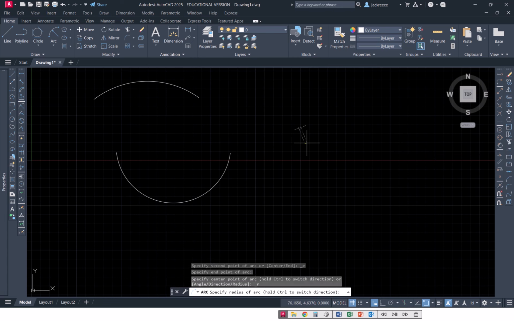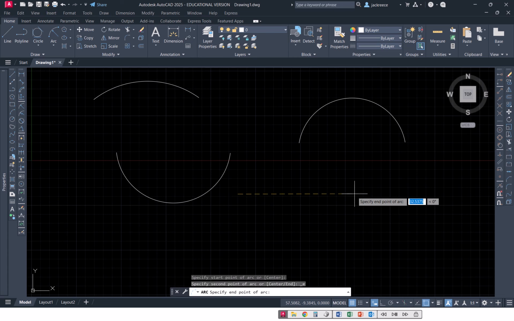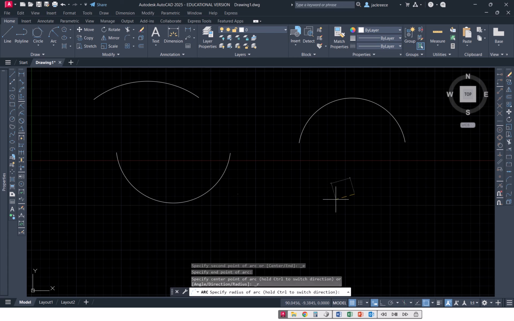End point. There we go. And then a radius. Okay. If you're in the middle of the command, when it's time to type in the radius, if you read your command line, it'll tell you hold down control to switch directions. So you hold down your control key and then type in,